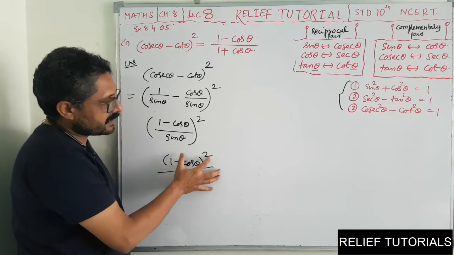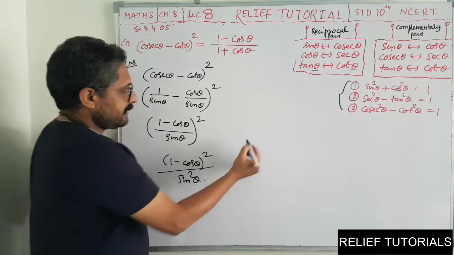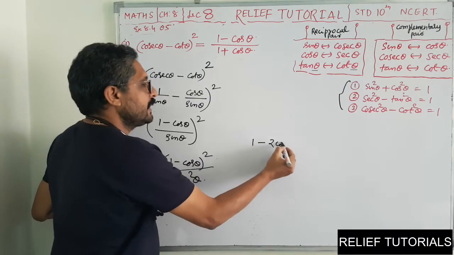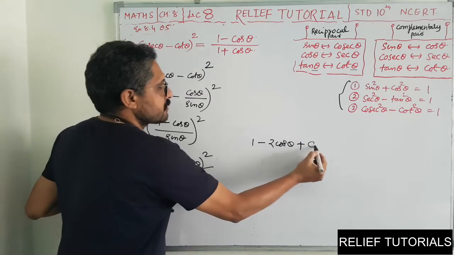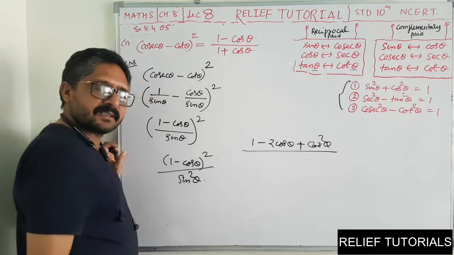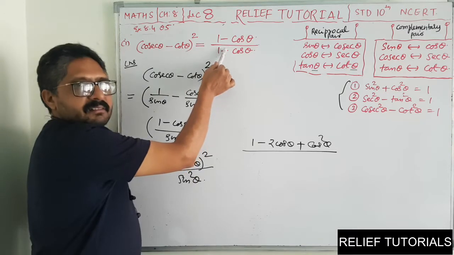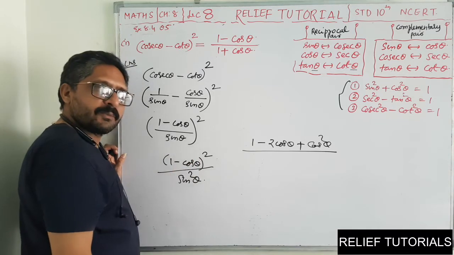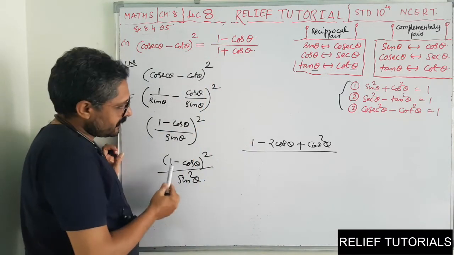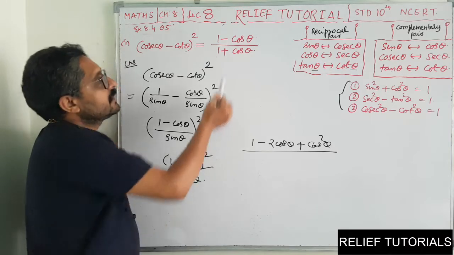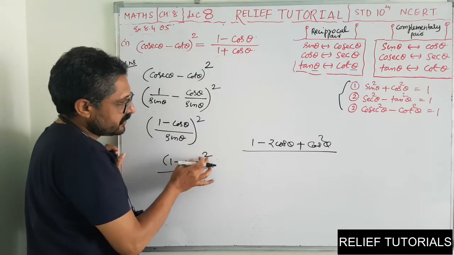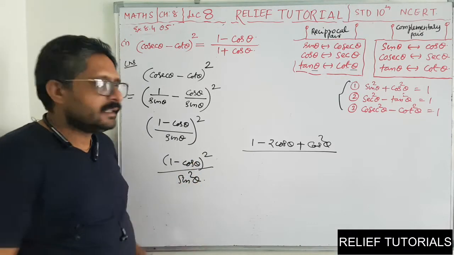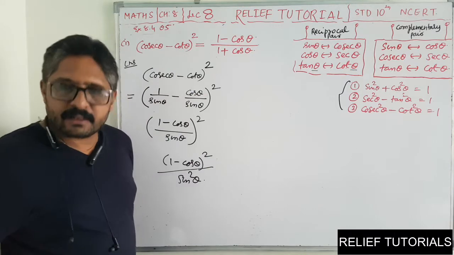Look here, (1 minus cos theta) the whole square. If I expand this, what will I get? 1 square minus 2 into 1 into cos theta plus cos square. And you compare with RHS. We have made it more complicated. So timing is most important, and keep RHS in your mind. In RHS we want 1 minus cos theta here, so we will not disturb this, we just remove the square. We will not expand this numerator. So the second rule is keep RHS in your mind.